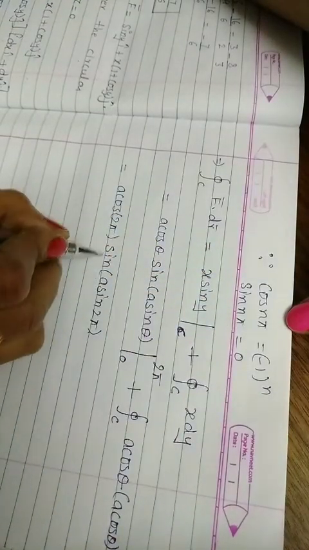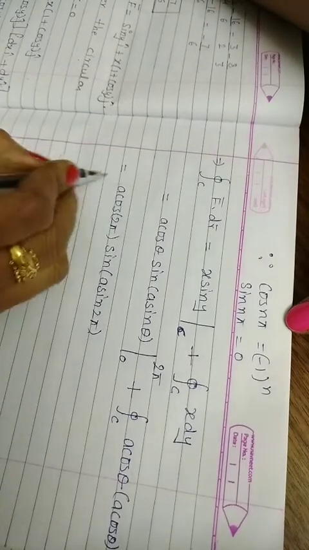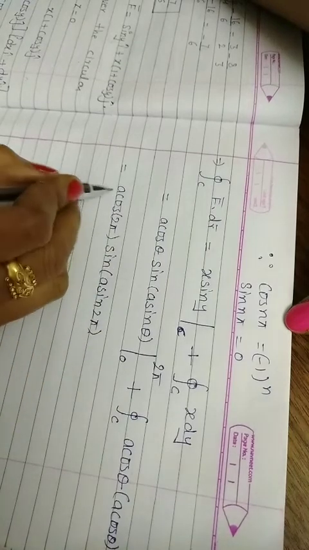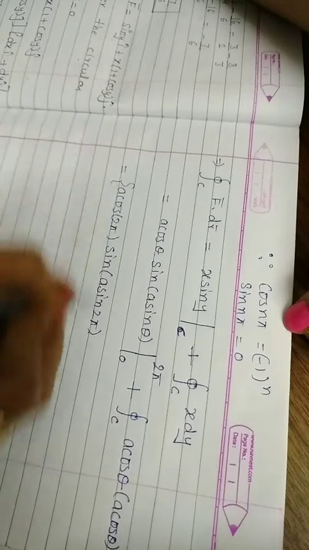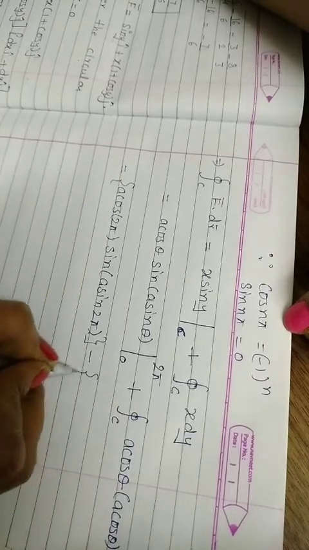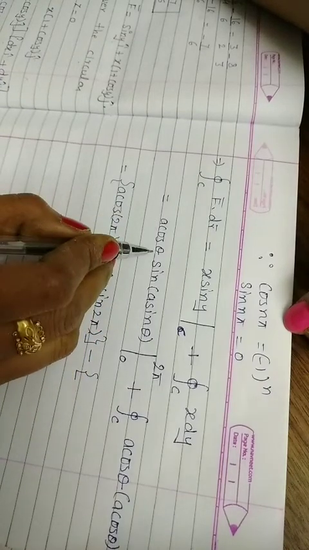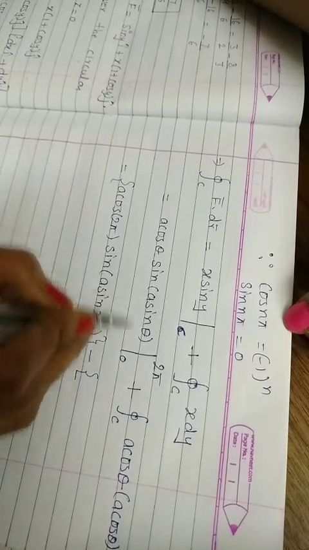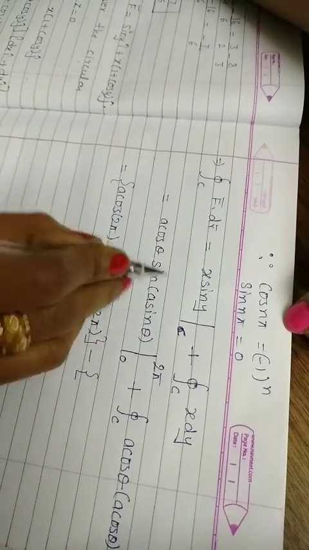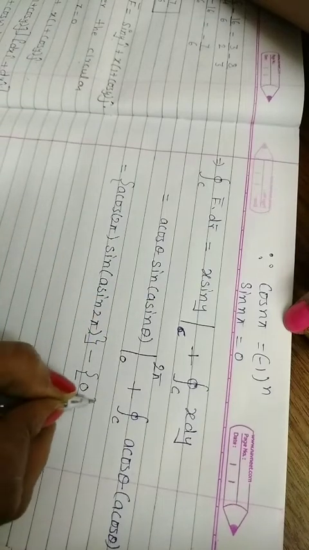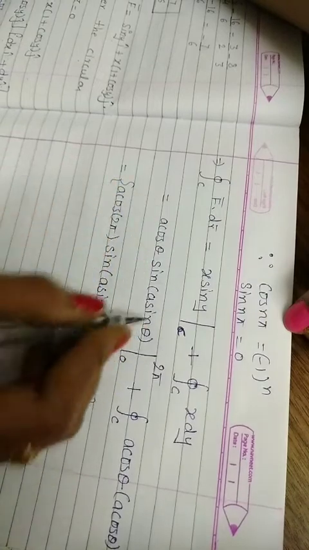If it is 0, then theta becomes 0, and sin 0 is again 0. So the whole answer will become 0 for the upper limit 2 pi. This I have evaluated for the upper limit 2 pi, minus substituting the lower limit 0 in place of theta. So cos 0 will become 1, but sin theta, and again inside of this, sin 0. So sin 0 will be 0, again sin 0 will be 0. So the whole lower limit will become 0. So this is the calculation of this part only, students.